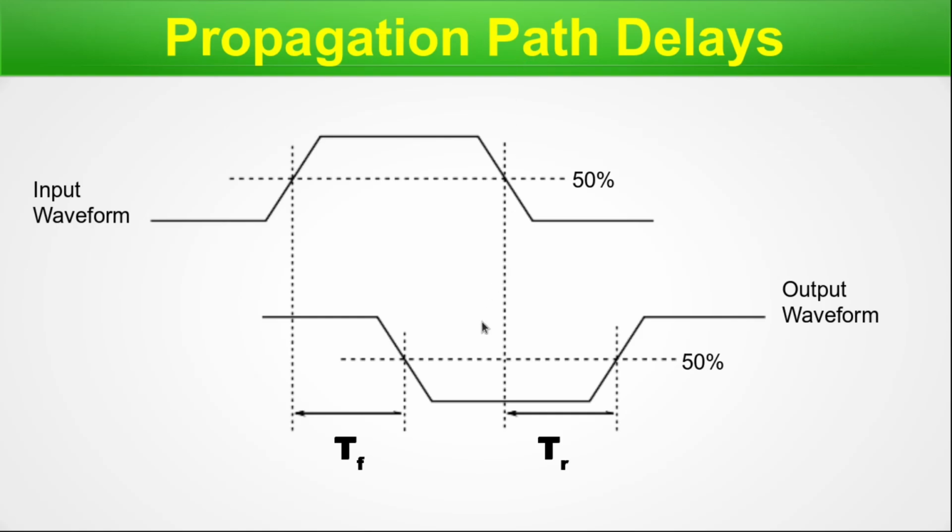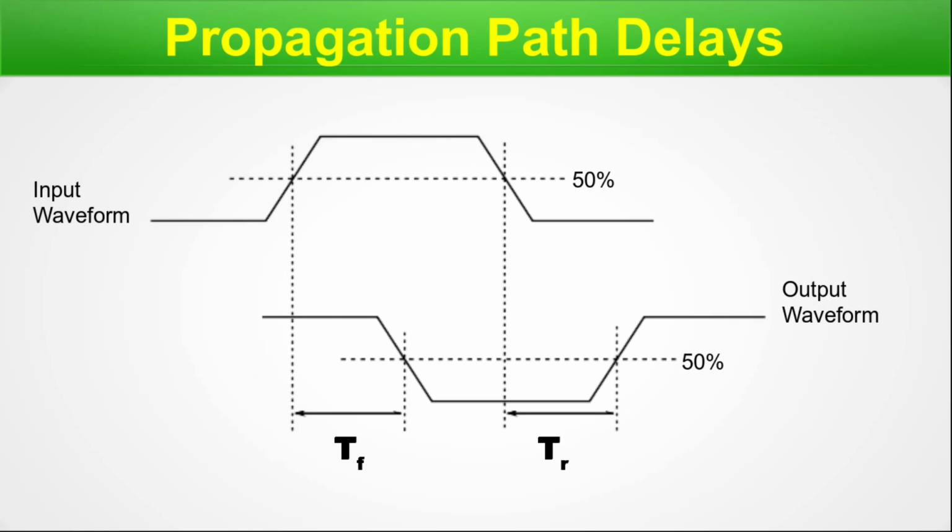And similarly, if we drop here at the x-axis and again here, it has also flipped, but from 50% to 50% we are measuring here, and this is called the rise time delay. Now you may be wondering why we need both. In general, the slopes of the rising and falling edges are not the same for a single waveform, due to the design or the presence of parasitic resistor, capacitor or coupling capacitor.